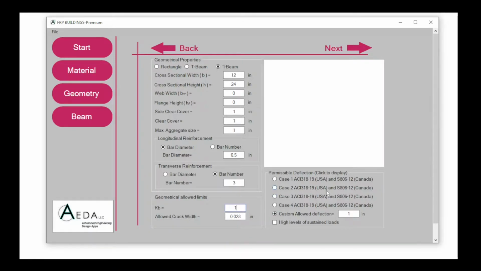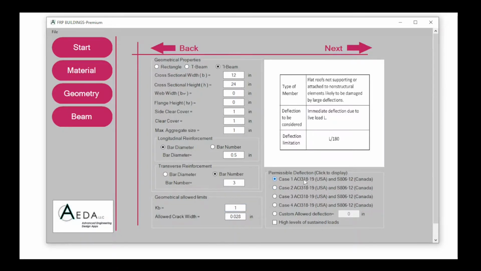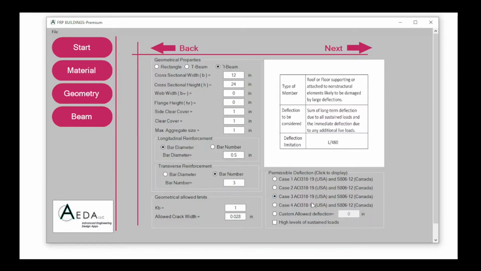And then we have the permissible deflection. CSA and ACI share the same exact allowed deflection between 4 cases. Case 1 is L over 180, and this is considering the deflection due to live load, the immediate live load, and it's useful for flat roofs not supporting or attached to non-structural elements likely to be damaged by large deflection. And then similarly, case 2, L over 360, case 3 and case 4, L over 240, for example,